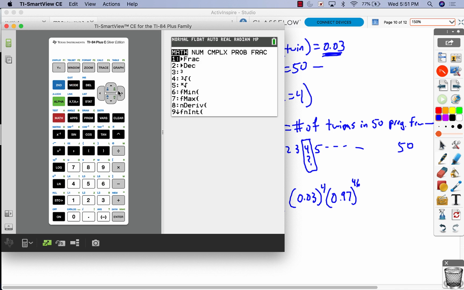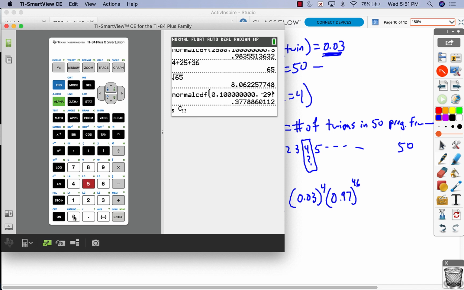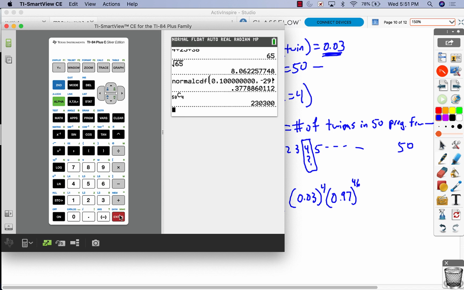Okay, so to do this, I have a more fancy calculator here, so you go math, over to probability, go to nCr, boom, 50. 50 means we have 50 pregnant females. How many do we want them to be pregnant? We want exactly 4. This is going to tell you how many ways you could have 4 pregnant and the rest not pregnant. It's a lot of ways, 230,000 ways that you could have this, times